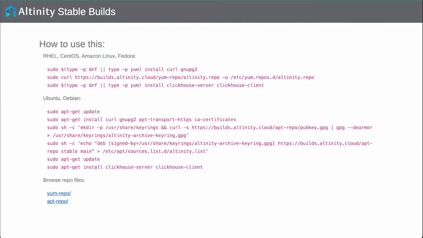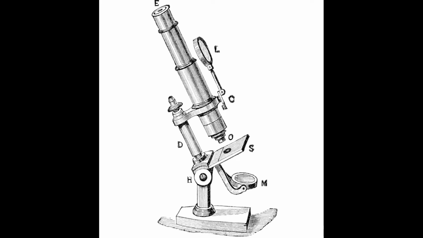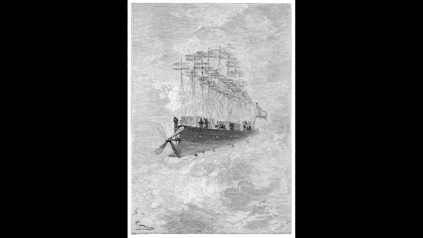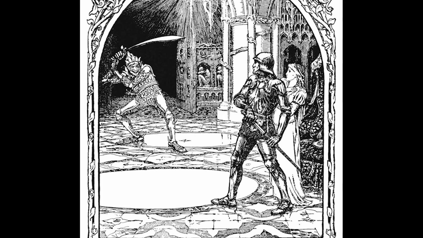To make ClickHouse even better for production environments, we have created Altinity Stable. Versions of ClickHouse released under Altinity Stable have been tested to make sure they can withstand the rigors of a production environment, verified against client libraries and applications like Superset to make sure that the connections aren't broken, confirmed for cloud use. Important patches that were released for later versions of ClickHouse are backported into previous versions. Binaries are provided from a secure build process from